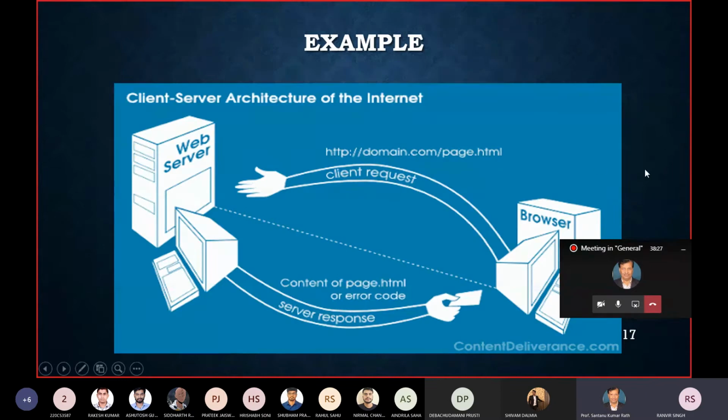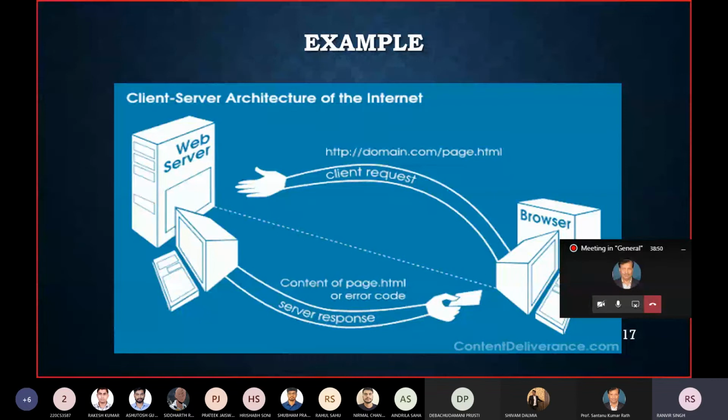One example of client server architecture is the internet, where the end user uses a web browser, suppose Google Chrome. Here we can see in the picture that one URL is being sent as the client request from the web browser, http:/page.html.